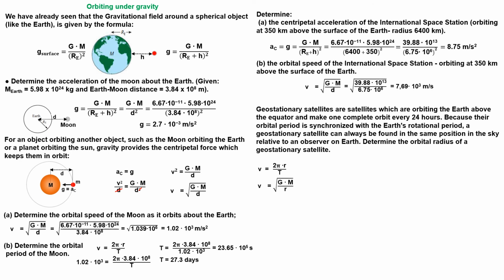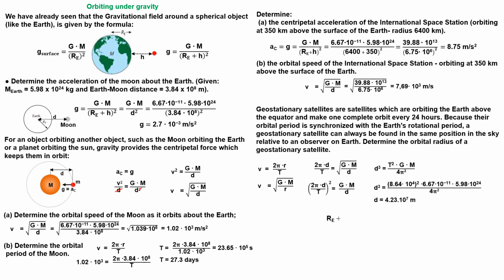We have to combine these two equations to get the orbital radius of a geostationary satellite. Let's solve for distance. This is the distance the satellite needs to be from the center of the Earth. Subtracting the Earth radius, we get